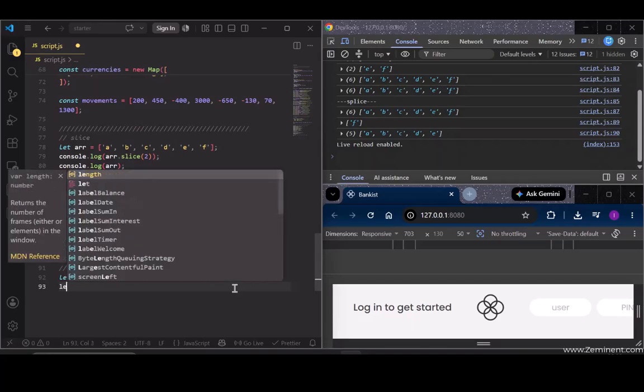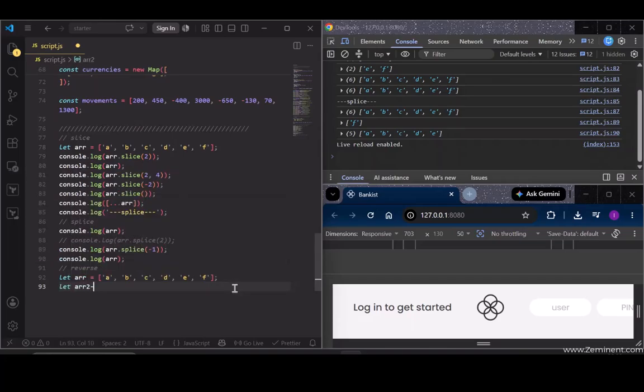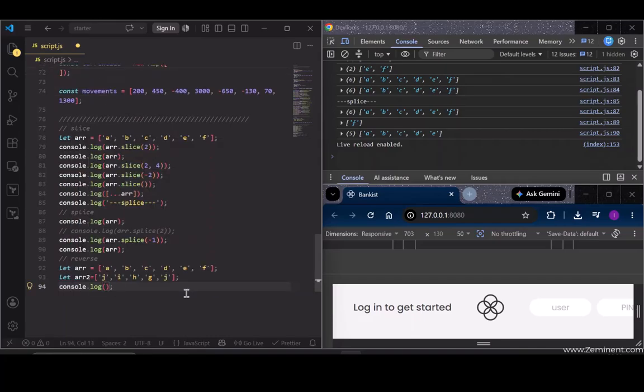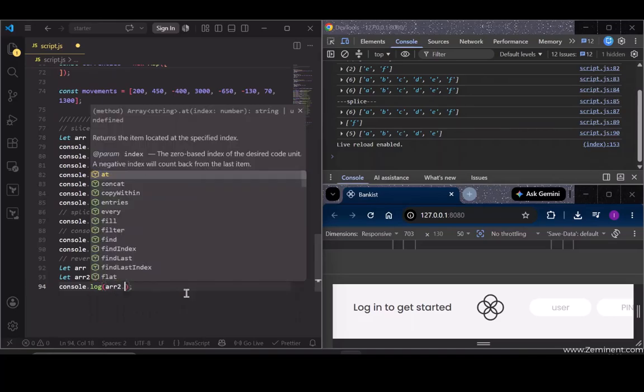Let's say let array2, and then we'll write the elements in the wrong order. So we just created this right now. We'll say console.log array2, which is the reverse one which we created, and then here we'll say